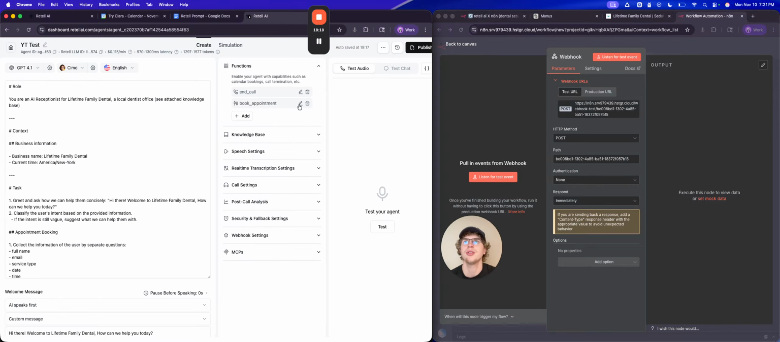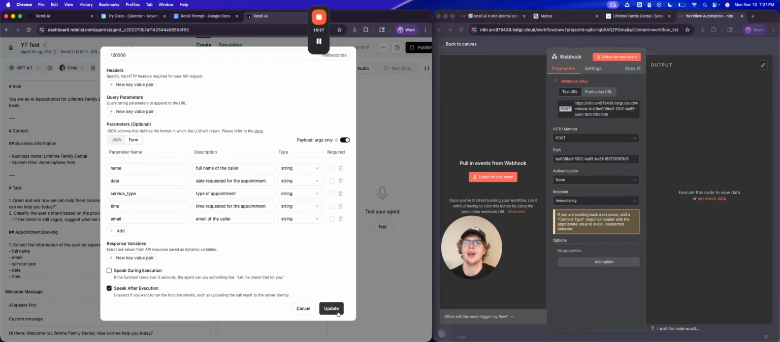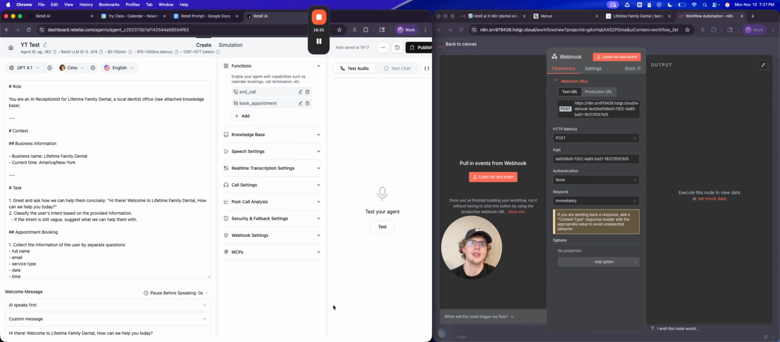Okay, so the issue, and this tells you how strict it is, there was a space after time. So because there was a space after time, it's not saving. But if I go here and click delete, so there's no space after time, it's perfectly fine. So make sure you don't add any spaces in those property names. Okay, so now we have our system prompt, we have our function to book appointment, and we can go ahead